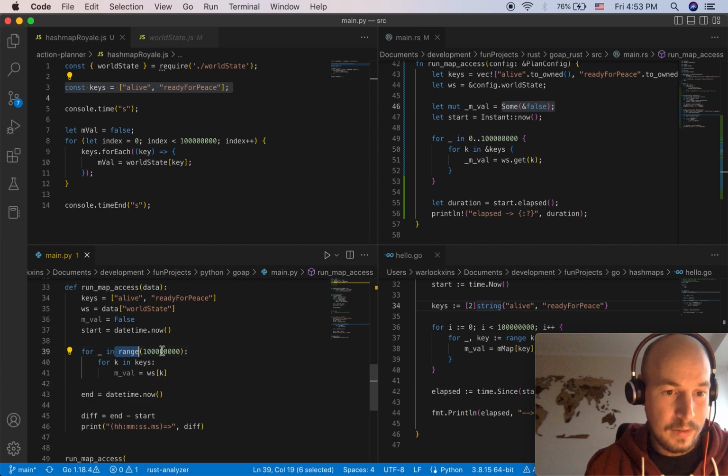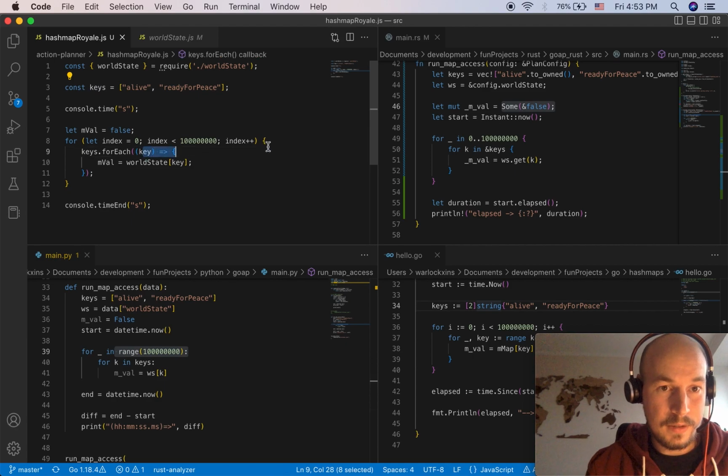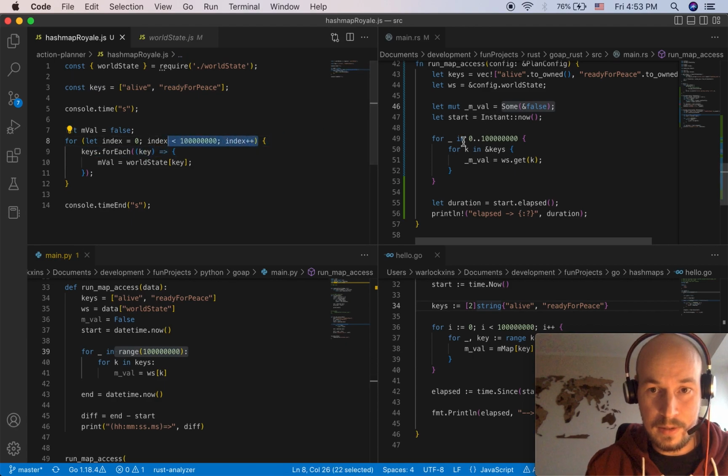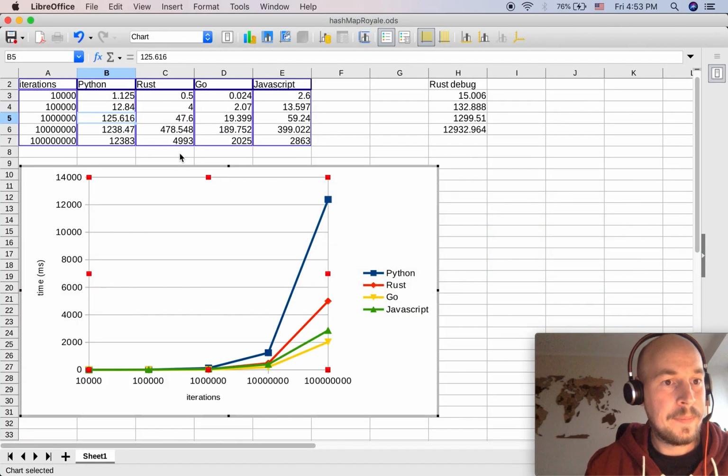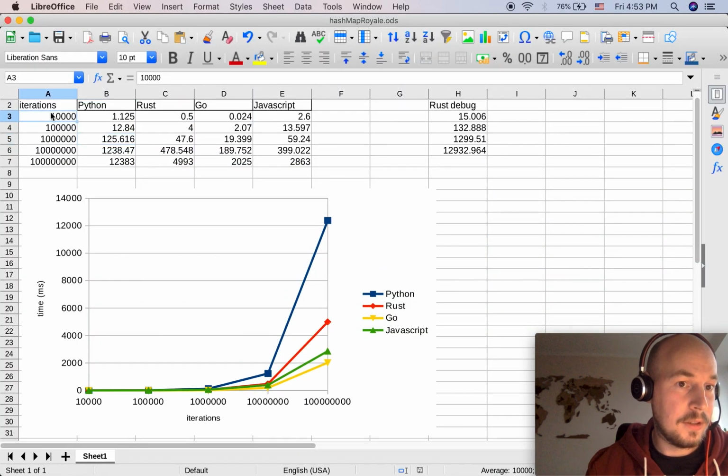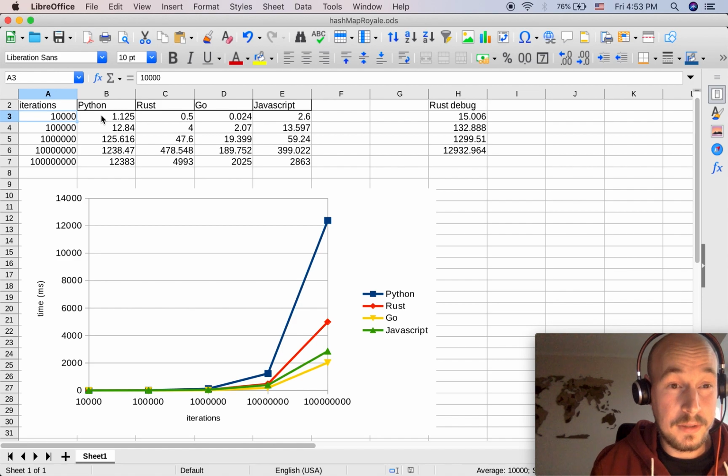So this and this, which are the same pieces of code, are reflected here. These are the iterations, right? For the same operation with 10,000 iterations, Python takes one something milliseconds.